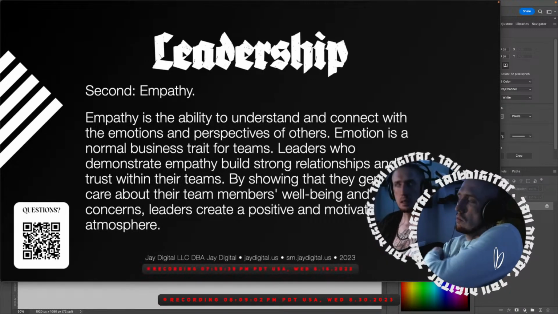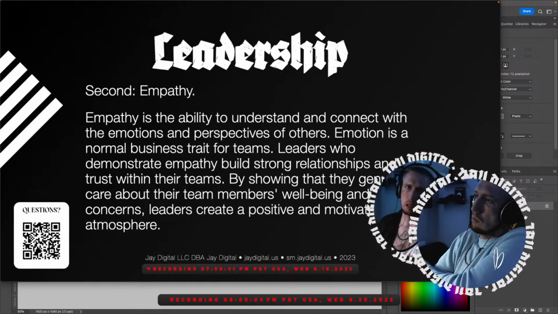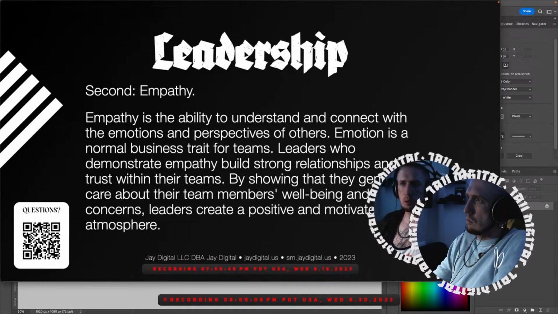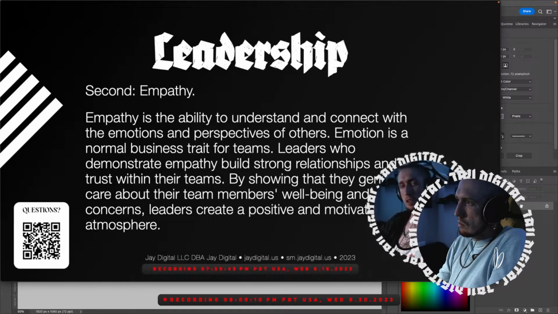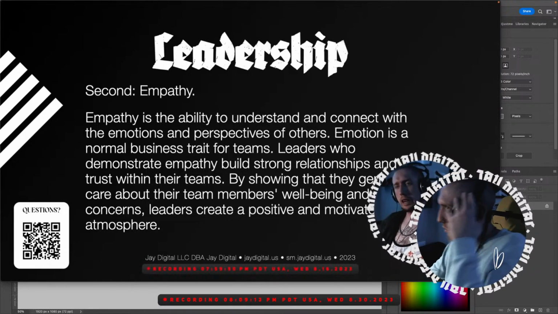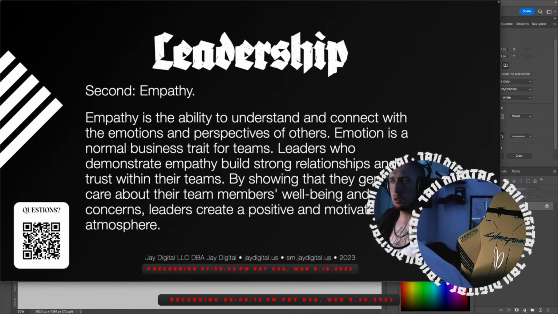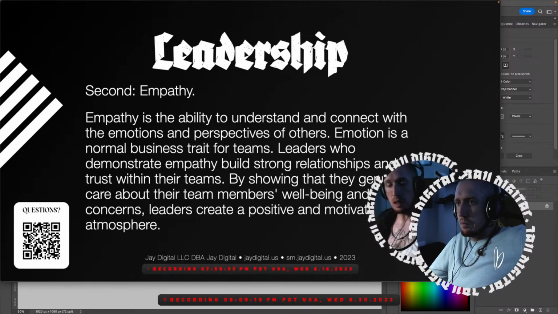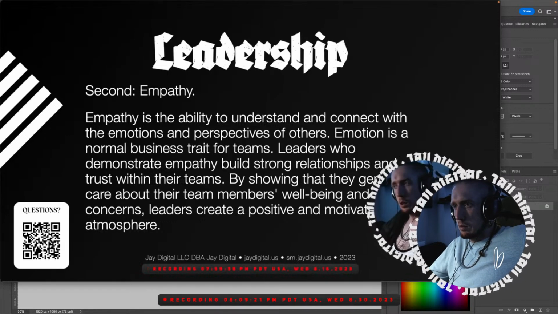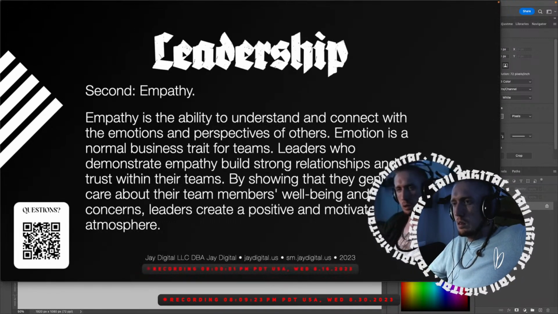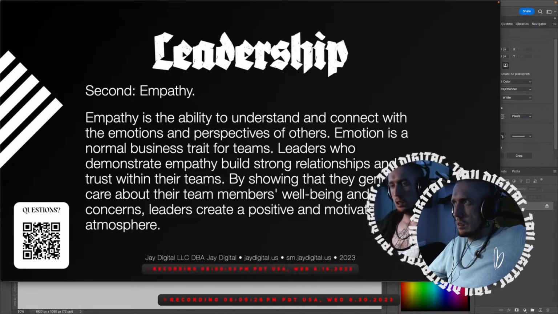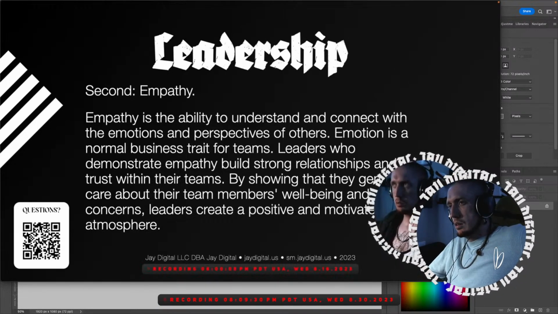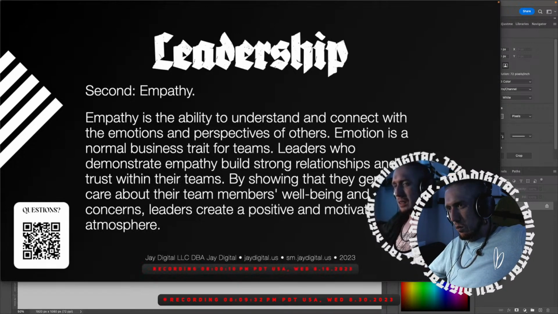Second, empathy. This is something that I feel like a lot of leaders, a lot of business owners just don't agree with or understand. They just don't care for it. It's like, okay, but we have a job to do, and that phrase "we have a job to do" seems to take away from the quality of someone's life. It takes away from the emotional part of it. Don't care about your feelings, get the job done type deal. But that's not the case at all.